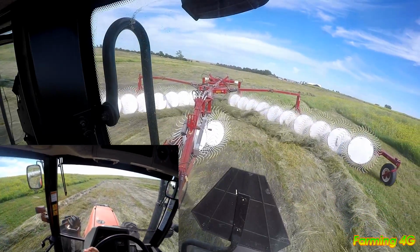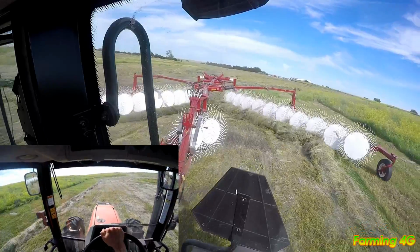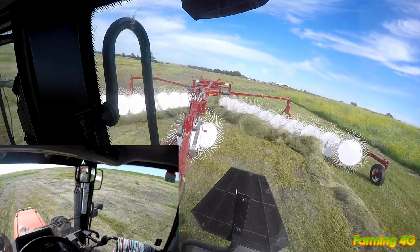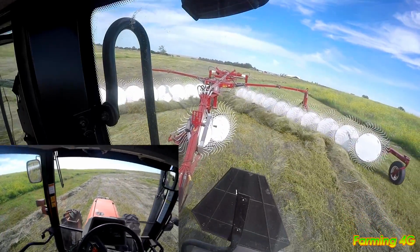See if I can get access to it. I don't know, because the only way you have access to it right now is by a slough, and I don't know what that slough looks like. I don't know if it's going to be too wet or not, so I don't know if I can mow it or not, but